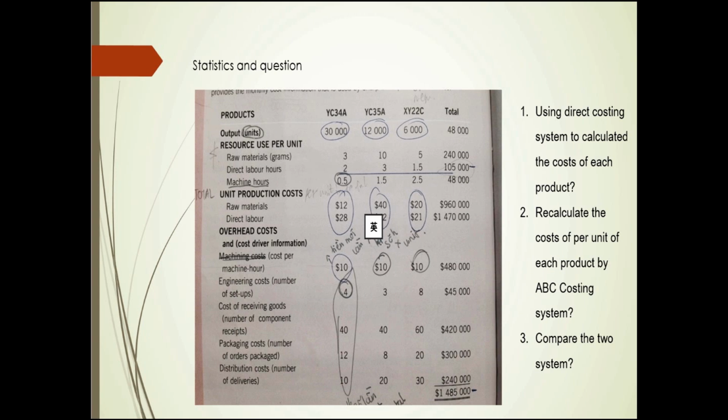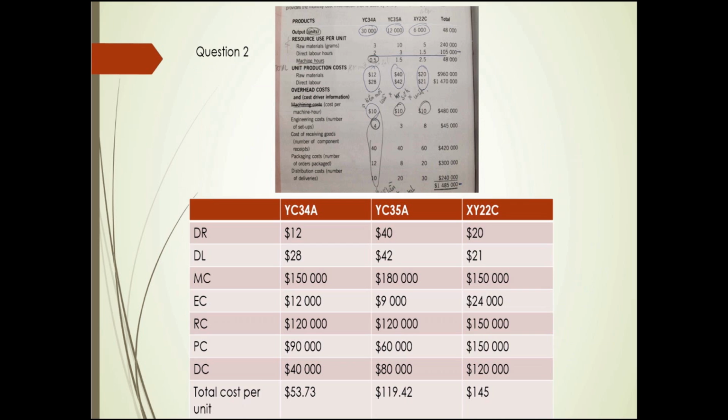For question 2, we need to use the ABC costing system to calculate the costs of each product. So we need to recalculate the manufacturing overhead cost. Firstly, we still keep the figures of direct material and direct labor in the form. For machine costs, we use $10 times machine hours, 0.5 times output units, 30,000, to get the machine costs of YC34A. And for engineering costs, we use the total engineering costs, $45,000, divided by the sum of the setups,